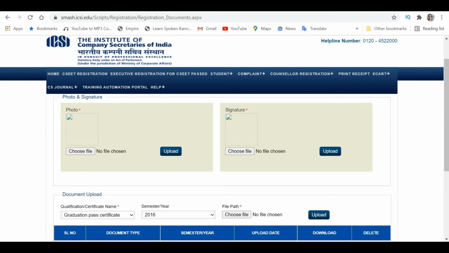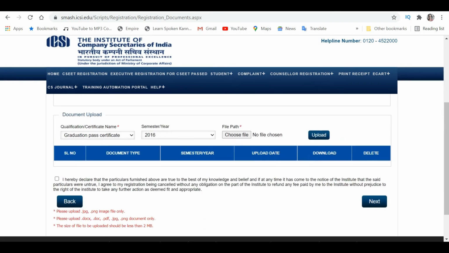So friends, at this stage, you all just have to upload all of your certificates, your photo, your signature, all of that. The photo will go over here, so you simply choose a file and upload your photograph. The same goes for the signature. Just like I told you, remember I told you to save it somewhere. You simply take that file and upload it.